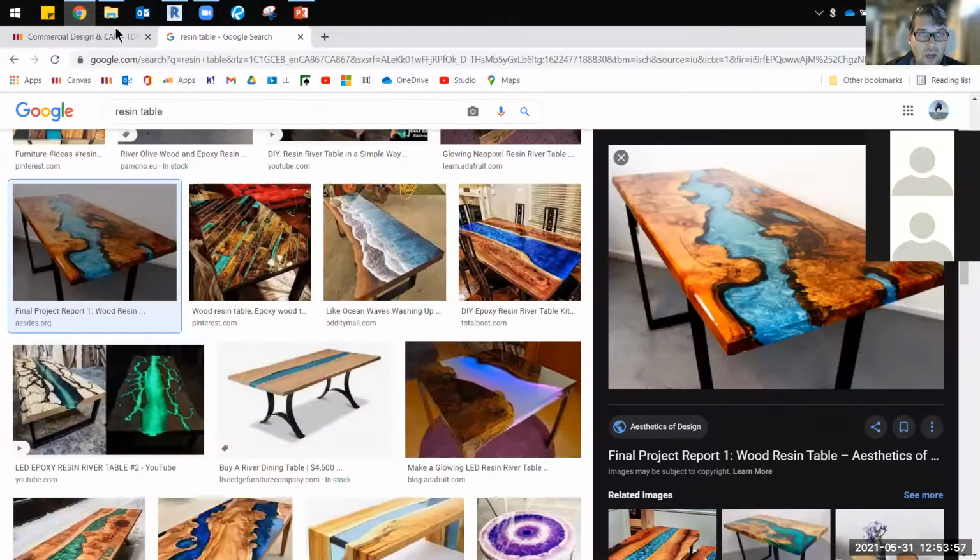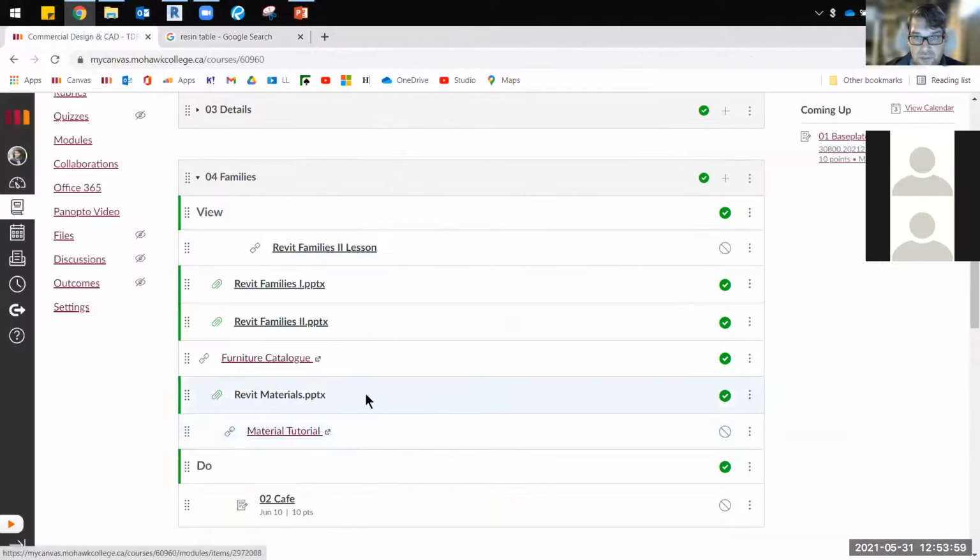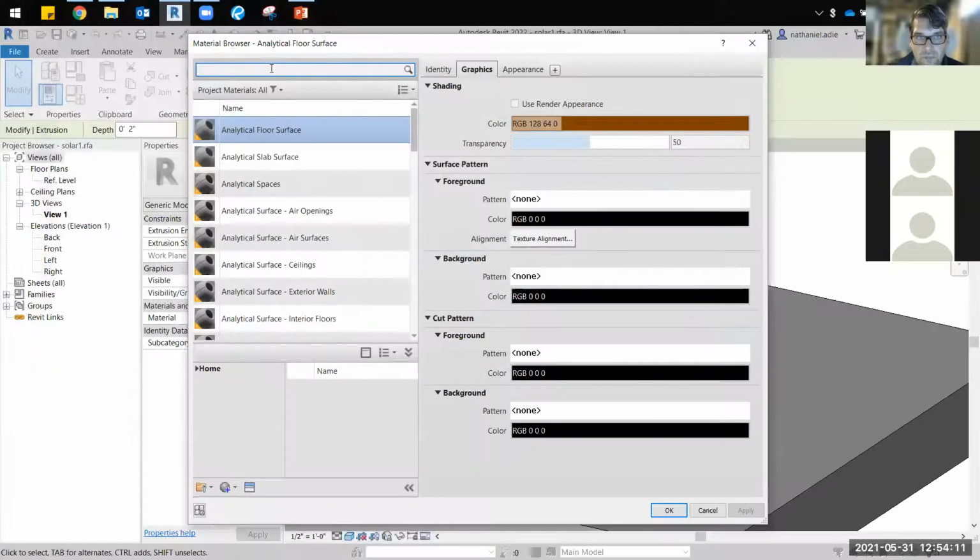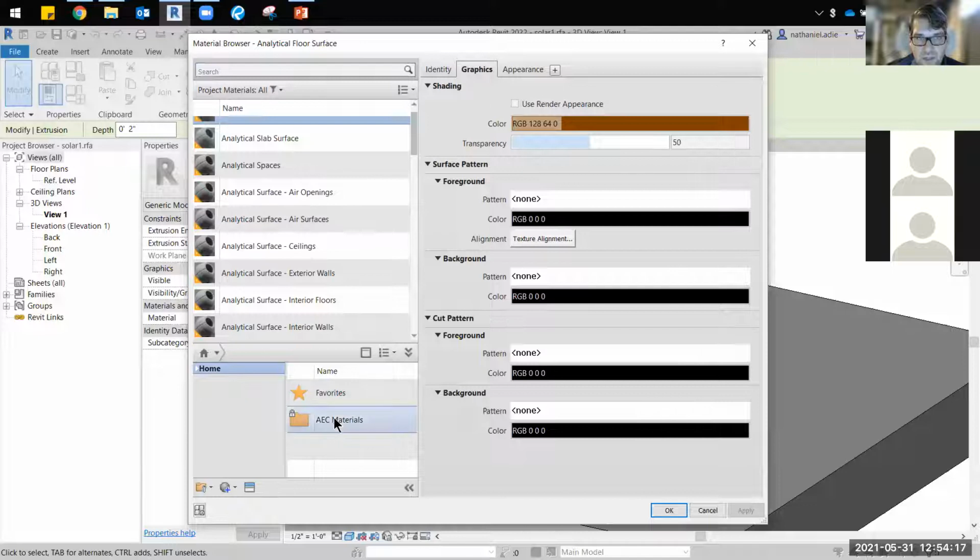So this is a review from the other semester. I put a few slides in here to show you these windows, and then there's a little tutorial from LinkedIn Learning if you want to revisit that. But in the material browser, all the materials in that project are here. And then I've got,